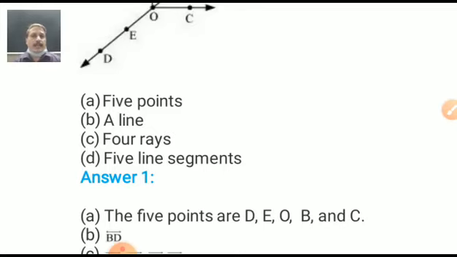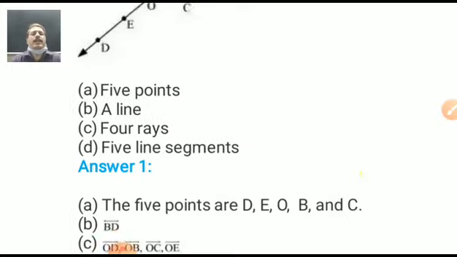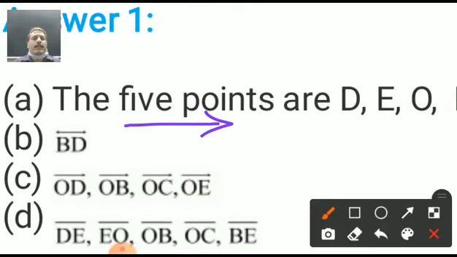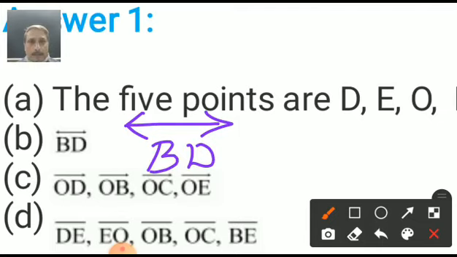What about a line? Yes, a line extends on both sides. Here so many lines are there, we can just write BD. B is also there, BO is also there, but we can say the first point and last point, like that: BD. Then on top you have to put the sign of a line. Yes my dear students, this is the sign of line BD, in a big size. So you can see how to write BD.